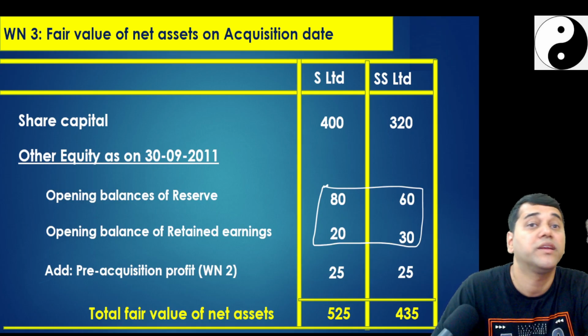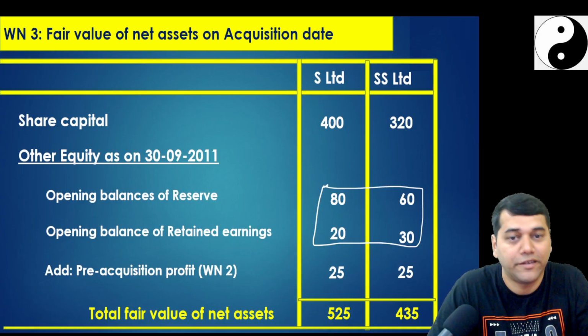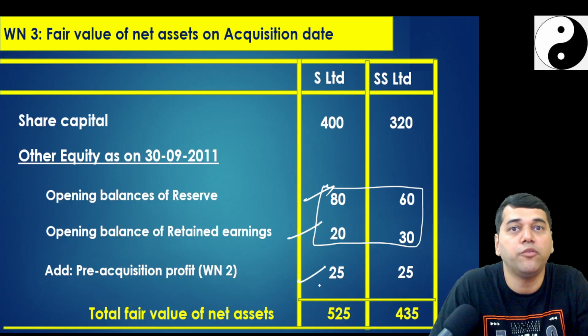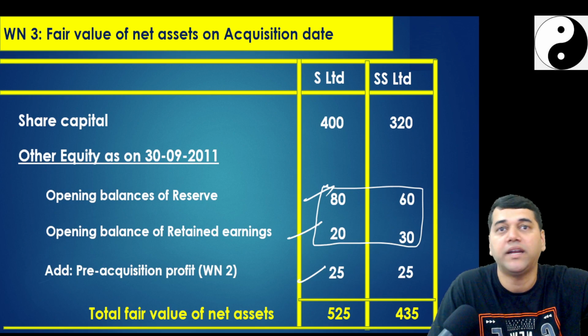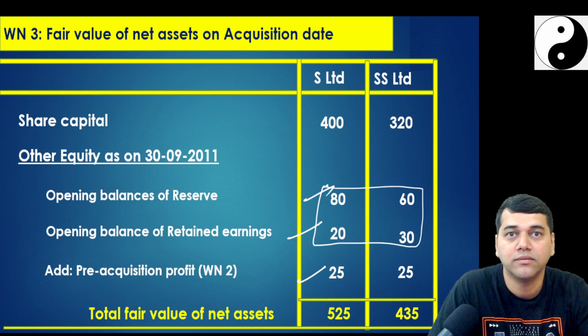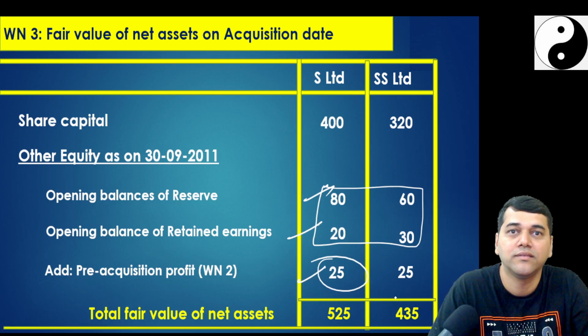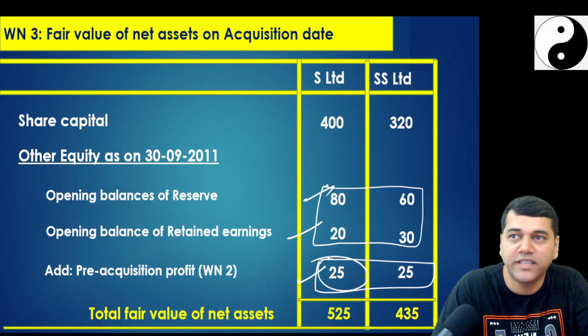That is, what is my reserve as on 30th September? That's what I'm asking. Definitely, this will be there as on 30th September also, plus whatever profits you have made. What if they would have told in the month of August some fire happened and some big loss happened? It would have reduced some of your profits during the year. No, here, because any profits, losses, everything is sitting here.